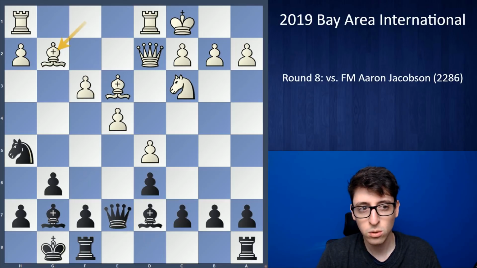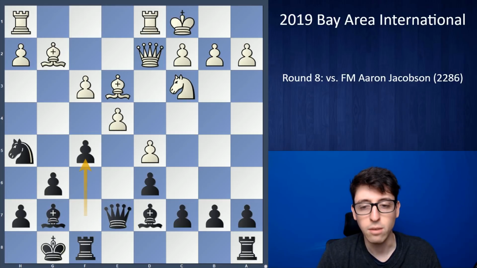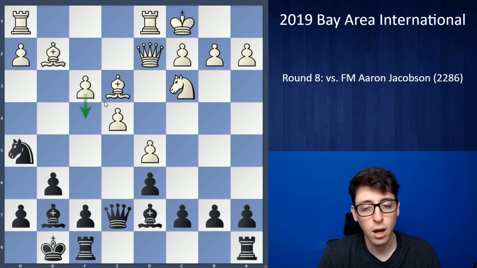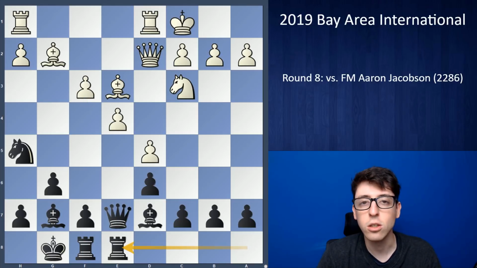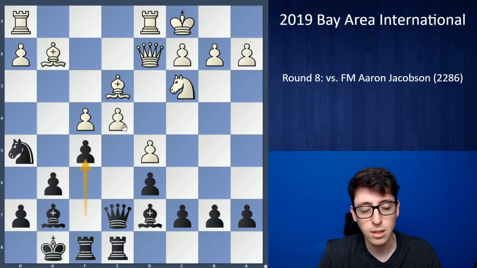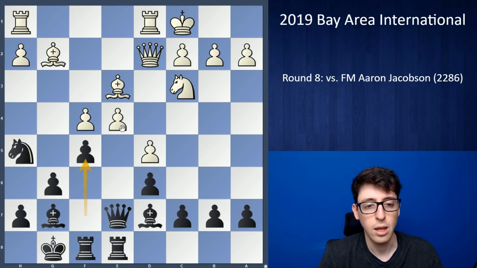White played bishop g2, and I decided to play f5 at this moment. I guess I could have waited a little bit to see if he really wanted to play f4 or not, because I figured this was his idea with putting the bishop on g2. And with that in mind, maybe I should have just played rook e8, because if white plays f4, then I think f5 comes with a stronger effect, because now the e4 pawn is under attack,